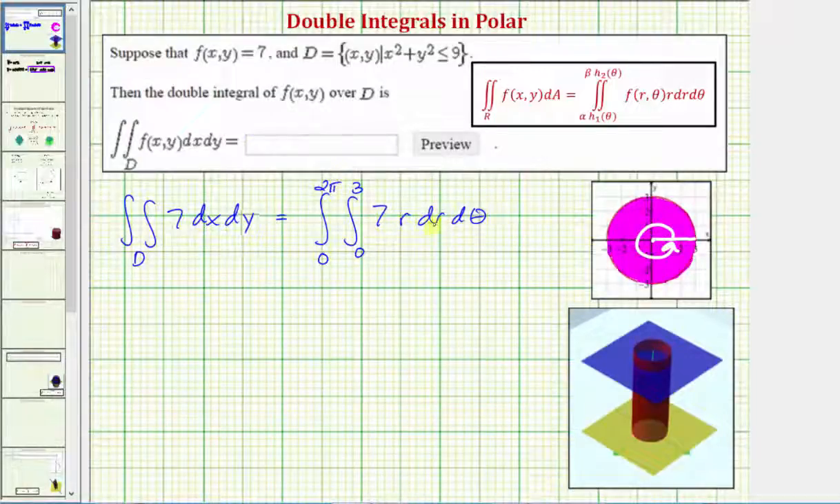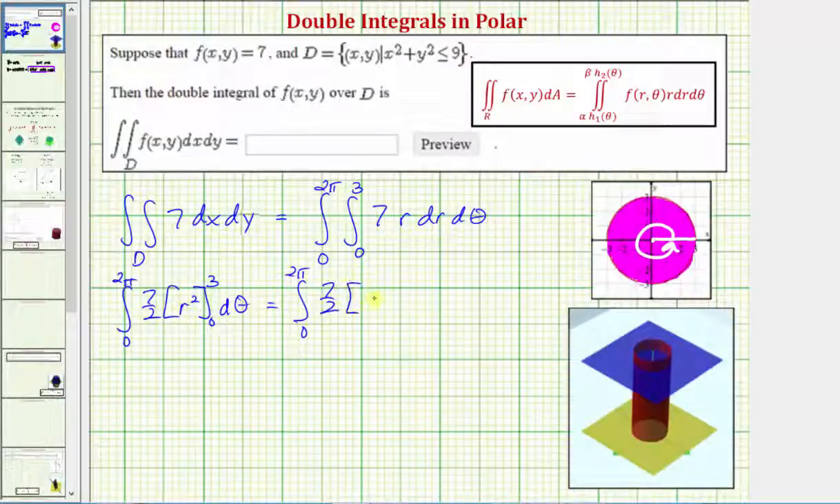Now we first integrate with respect to r, so the antiderivative would be 7 times r squared divided by 2, or just 7 halves r squared. So when r is 3, we'd have 7 halves times the quantity 3 squared, minus when r is 0, of course we have 0 squared. Notice how here we just have 7 halves times 9, which is 63 halves. Let's go ahead and factor that out. So we'd have 63 halves